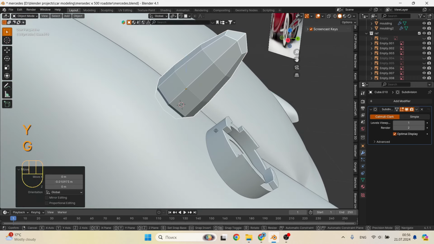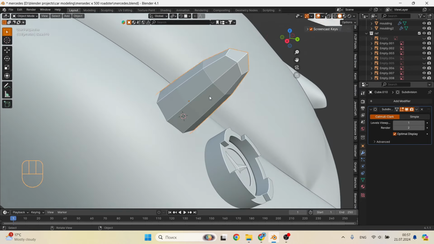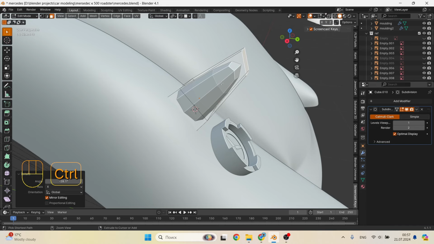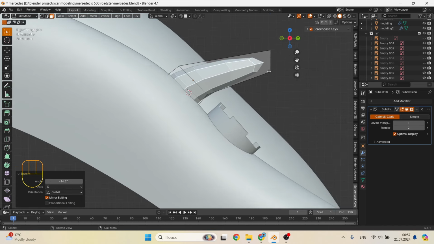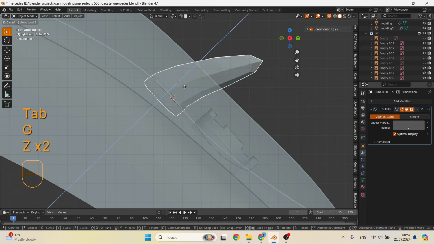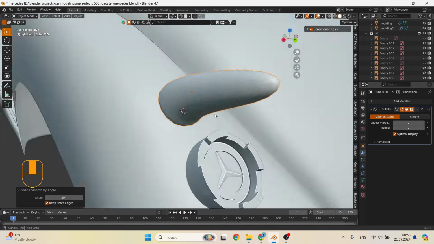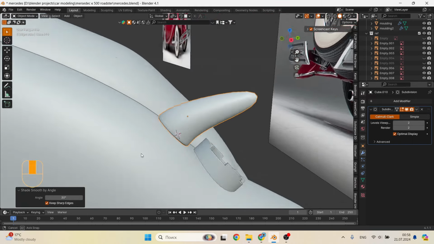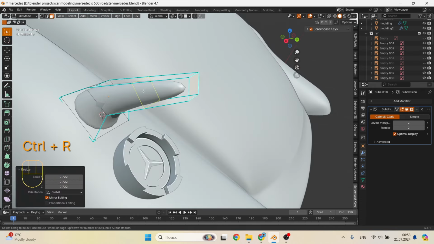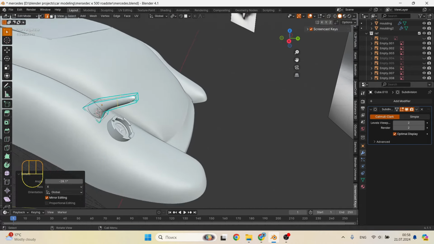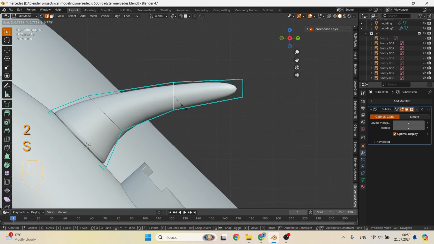Now we'll add loop cuts to it and stretch it to the desired shape. To be more precise, this is not a rear light, but its mount.